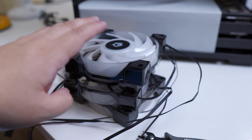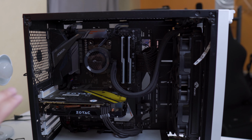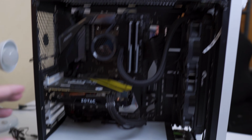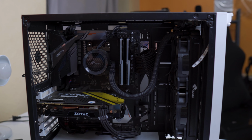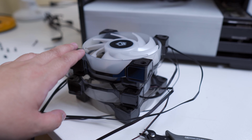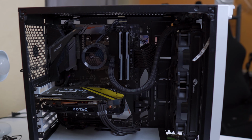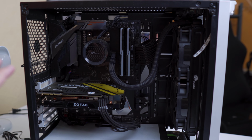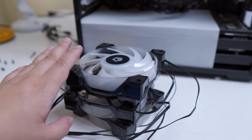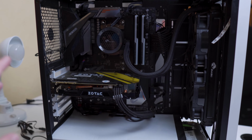Alright guys, so I've already removed the case fans that I previously had on the Rakk Flow. I did a quick benchmark earlier with this configuration for both AIDA64 and for gaming with Assassin's Creed Origins, so that we can compare the performance of these case fans with the Rakk Maris Pro before I finally transfer my components to the Rakk Sinaya chassis. So basically we're going to compare the performance of the ID Cooling DF-12025 with the Rakk Maris Pro